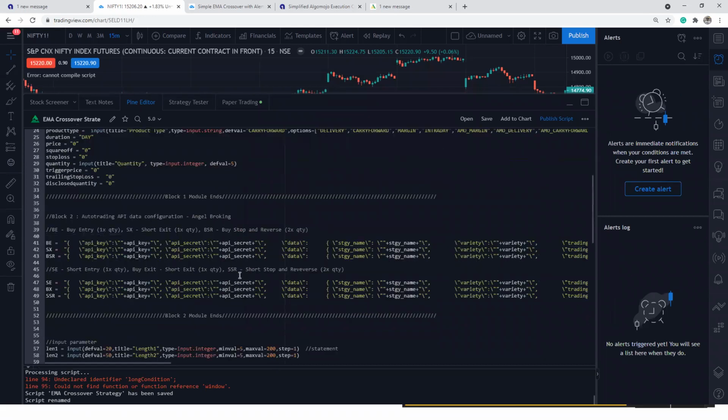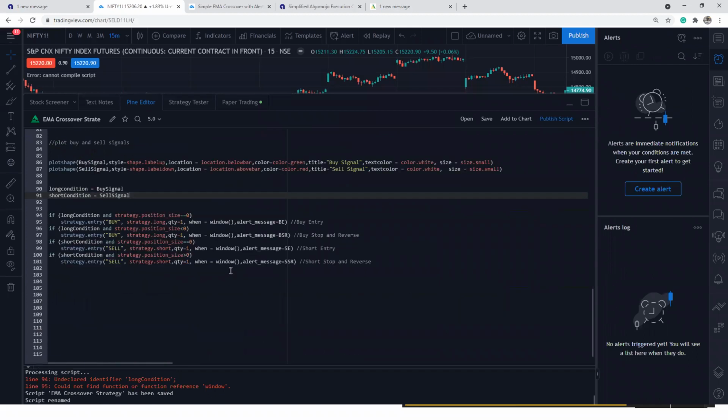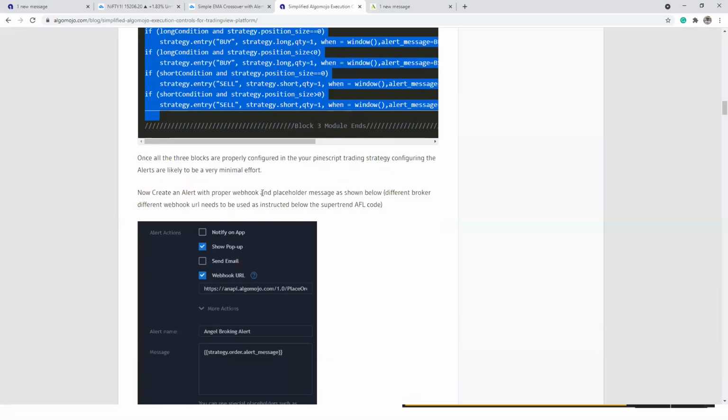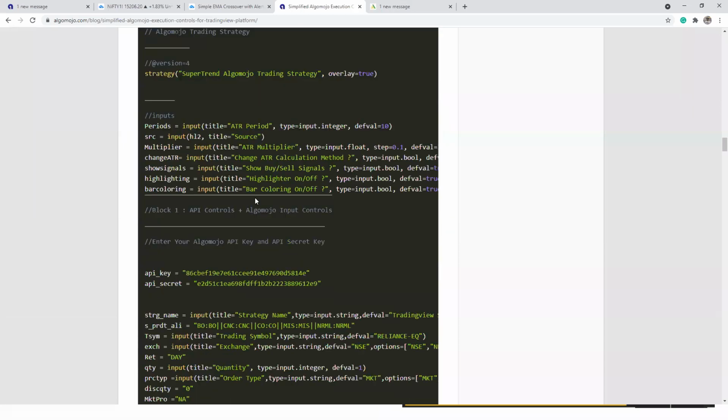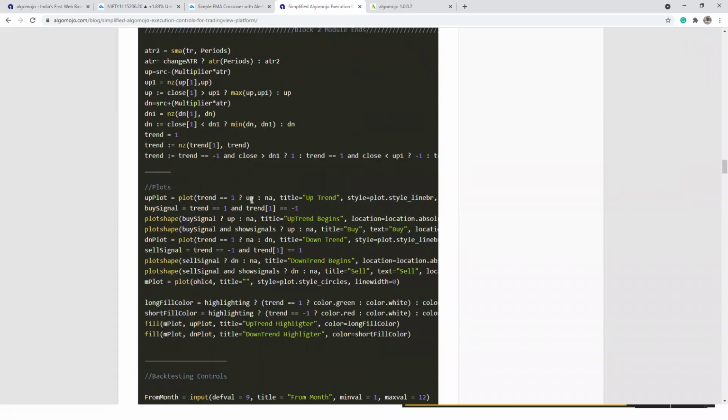So one more thing it is asking. One more module, very important module, I missed it. It says like when equal to window. This window is what? Very, very important. I'm going to get it from the code. So that probably one more block of code. I have forgotten to add it.